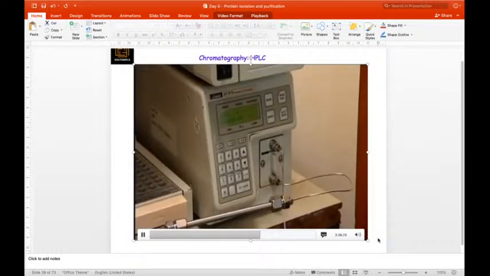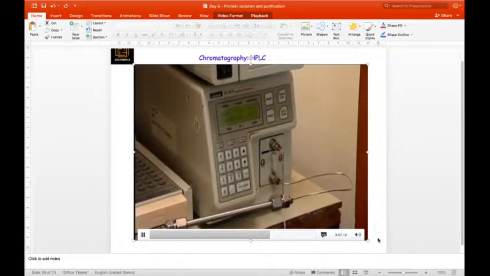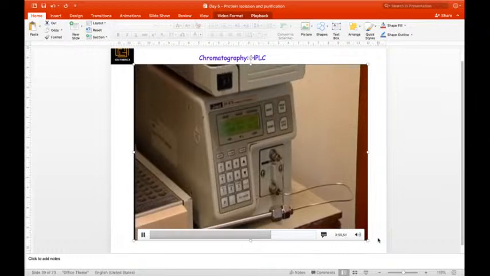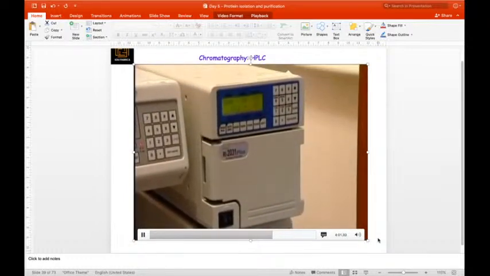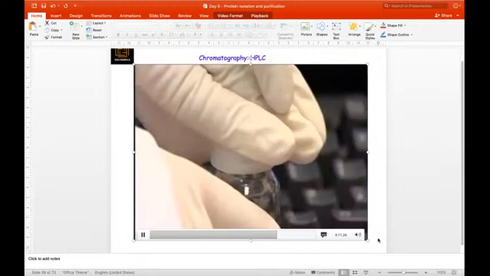Here, a beam of ultraviolet light shines through it. This light is set at a wavelength that is absorbed by all the components to be separated. When the detector reading drops, a component that is absorbing UV light is coming out of the column and passing through the detector. Many alternative types of detector are possible. This one measures refractive index. The time that each component takes to come off the column is called its retention time and can be used to help identify it.